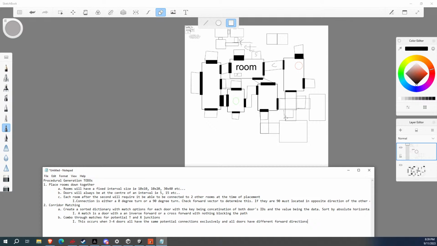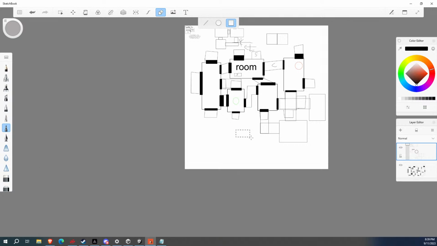Although now that I think about it, maybe the forward directions could be okay. But only in like a T type junction, right? Like, so what if there was a thing here, only had one door here? Would I be able to make a T there? Or should I just say, hey, one of these has a door, and then maybe